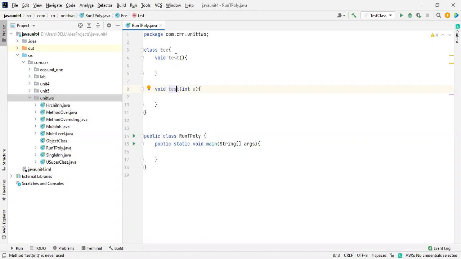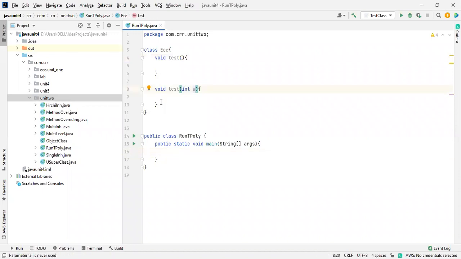Here this is the same name, and this is also the same method name. When you say this method is overloaded by this method, when you call this method from the other method, it should have different arguments.